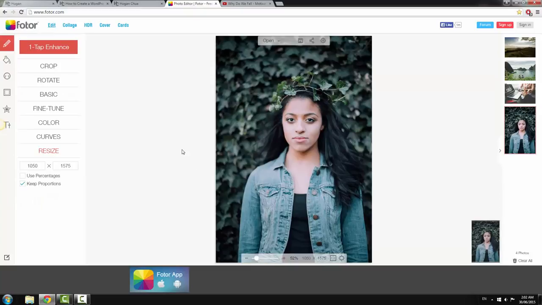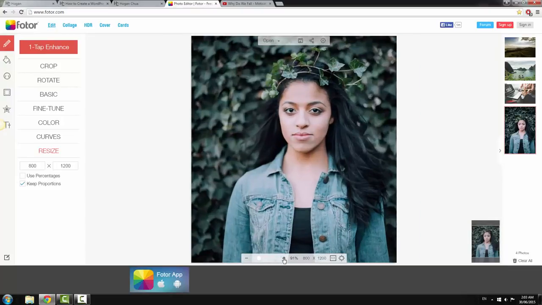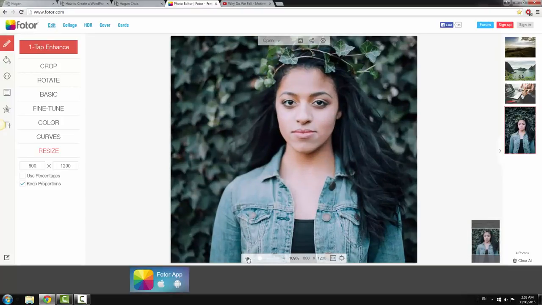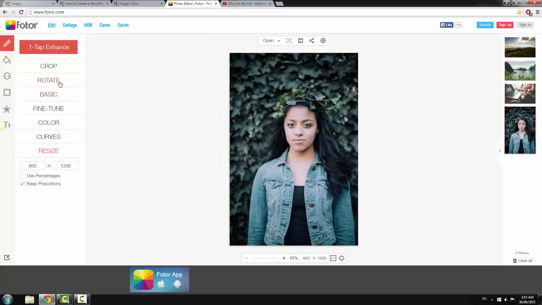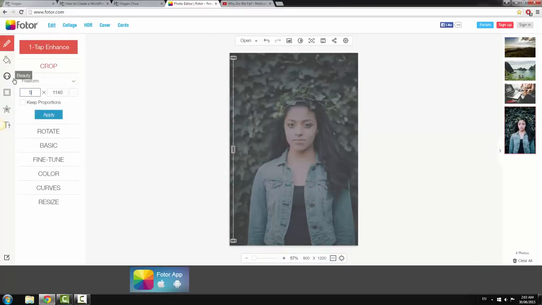Okay, so we're going to resize the image to about 800 pixels in width. Take note of the current percentage here, it's 85%. If you increase it, then it's going to become really big, so just keep it small. And then we need to crop the image, so set that to 500 times 500. Now we want to try and get the face just in the middle,